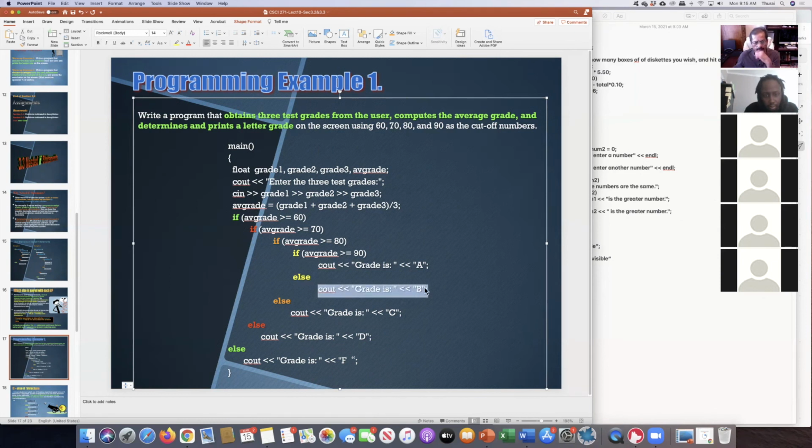So it is B. Now this other else is going to be paired with this if. So if grade is not over 80, it'll go here. But we already know it's over 70. So therefore the grade is C. Now this if is paired with this else. So if average grade is not over 70, then it'll go here, but we already know it's over 60, so